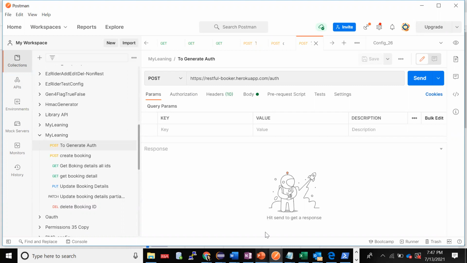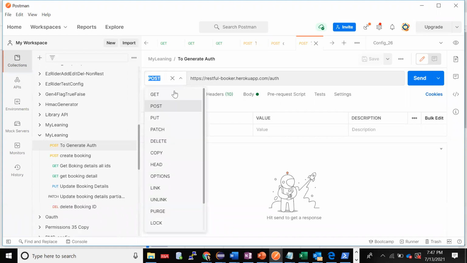Now, when we come to methods, we are mainly focusing on post, get, put, patch, and delete. Only these 5 methods will be used. In real time also, 99% you will be using only these: mainly post, get, delete and put. Patch is used very rarely, but still we should know it. If you know these methods, that's more than sufficient.